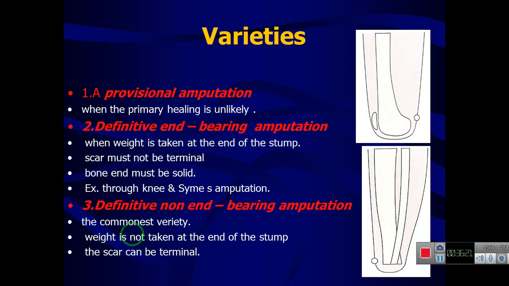Regarding the provisional amputation, it is performed when primary healing is unlikely. The limb is amputated as distally as the causal condition allows. Skin flaps sufficient to cover the deep tissue are cut, and sutured loosely over a drain. Amputation is performed when the stump condition is